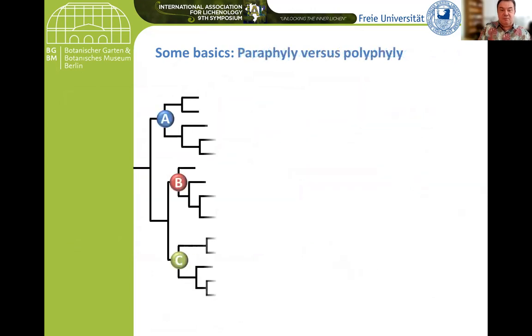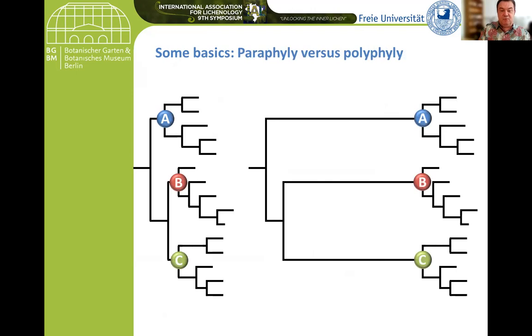And just to give you one example, here I have two exactly identical topologies, but with very different stem branch lengths. If A and B have the same morphology and C is a distinctive morphology, then grouping A and B together would be paraphyletic. Now, in this case, if the long stem branches, I would no longer call A and B paraphyletic because they both have obviously a long independent evolutionary history, and I would call these polyphyletic, not paraphyletic.